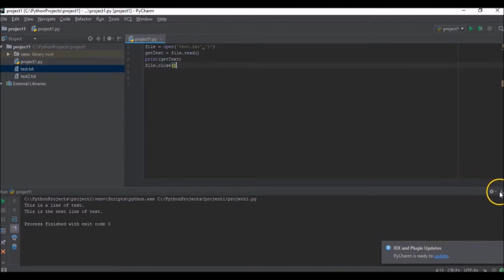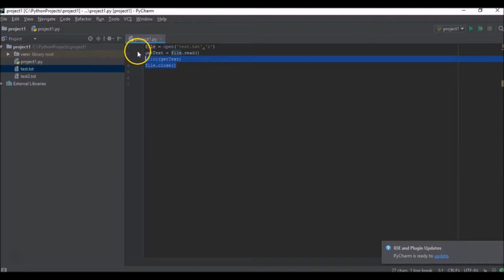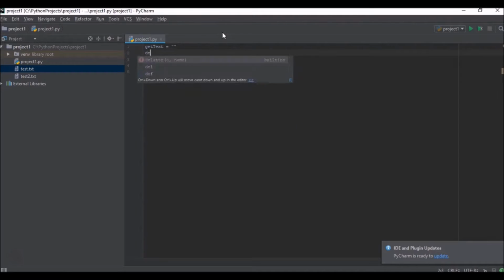But now say we want to make this into a function like we did for writing a file. That's real simple. We can do get text again as a variable like we did for get input, but this time we're getting the text out of the file, and again we're going to give it just a double quotes here just to let it know that it's a string, and right now it equals nothing. Then we're going to make our function here, which is going to be read file, and we're going to give it an argument again of name,